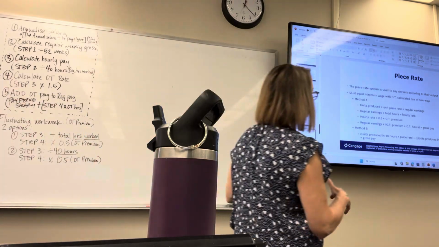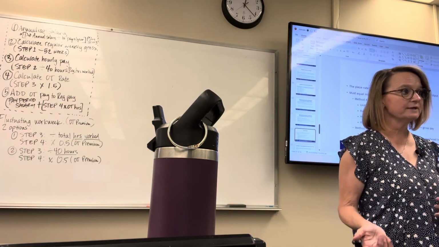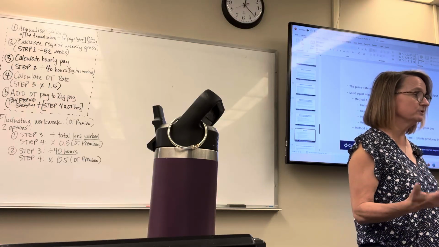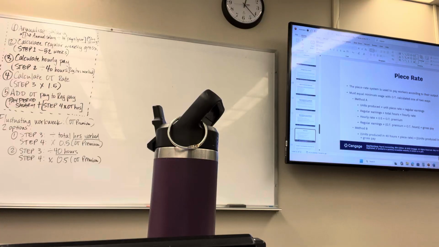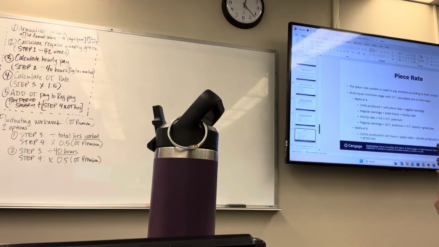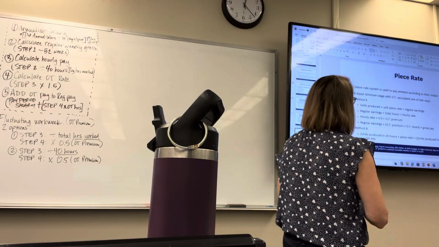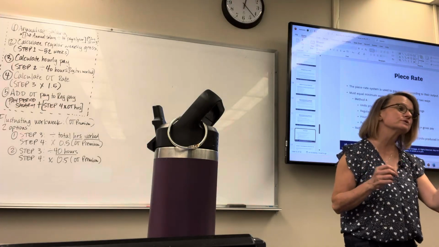So not everybody is paid for their time or by a salary. Some people are paid by the number of units that they produce. This may be common in especially assembly line work. If you are inspecting items, then you get paid for the number of items that you have inspected. This is called piece rate payment, and it pays workers according to their output, but those workers still have to